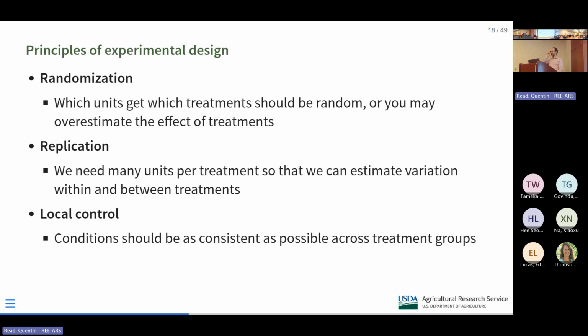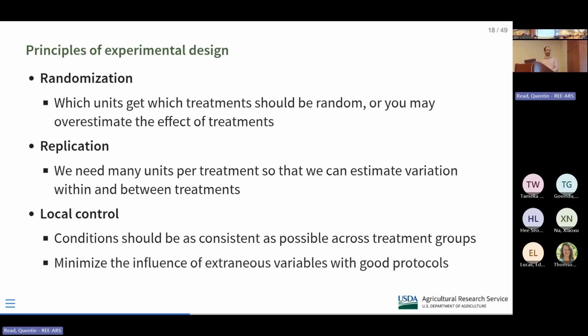This is not as relevant in highly controlled lab studies like you all are doing, because the idea of having a controlled lab environment is so that the conditions are very constant. But if we're doing experiments in the field, you definitely need to take that into account. You don't want to do an experiment on a field that has very different soil types and put one treatment in one soil type and one in the other, because that's going to confound your treatment. So you want to make them as consistent as possible. And we'll talk in just a minute about ways you can do that.